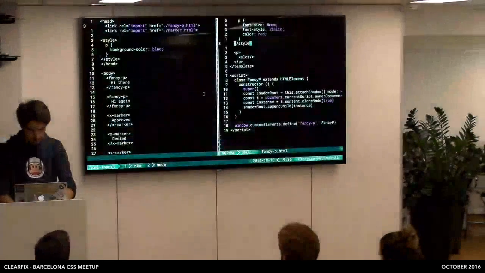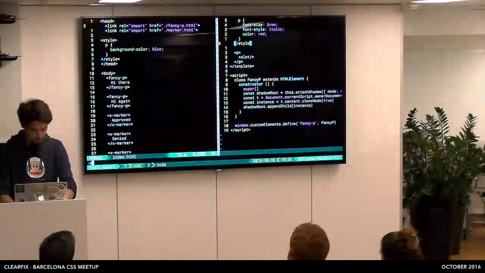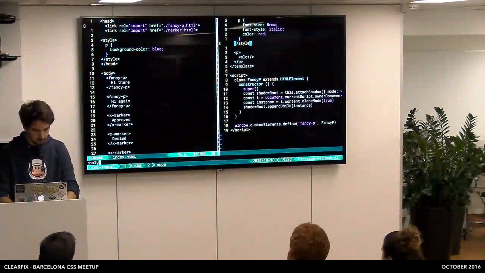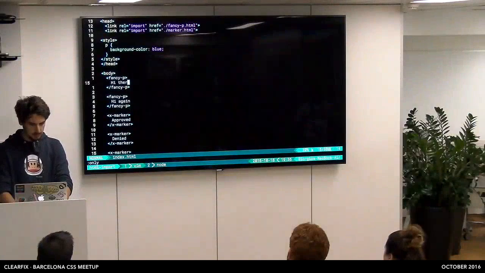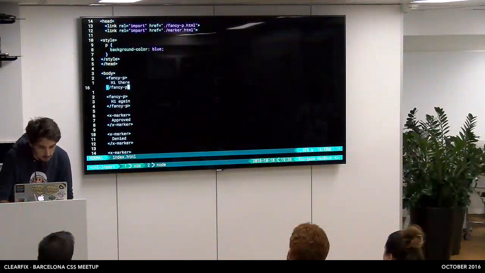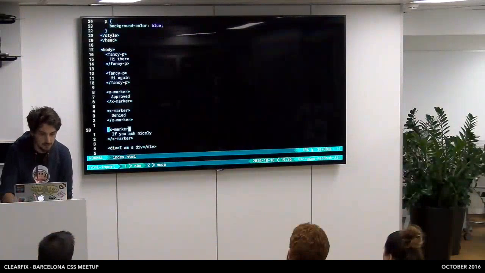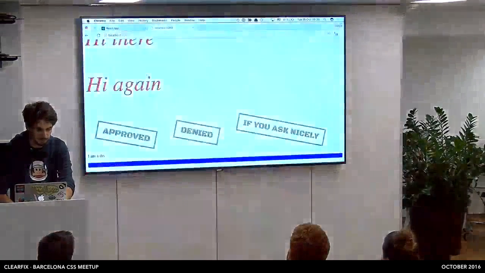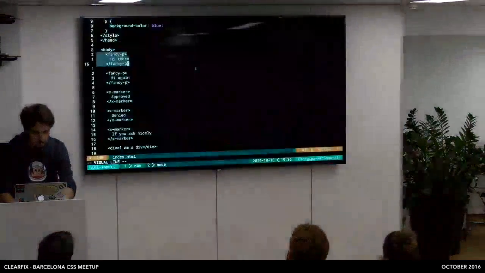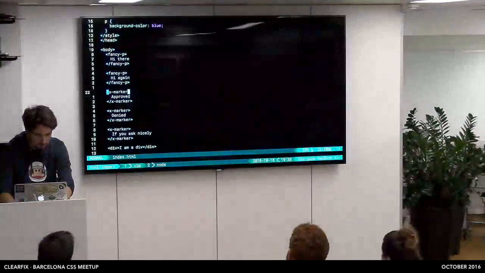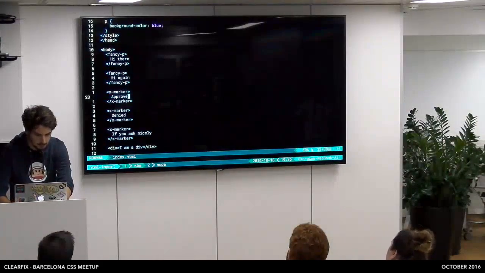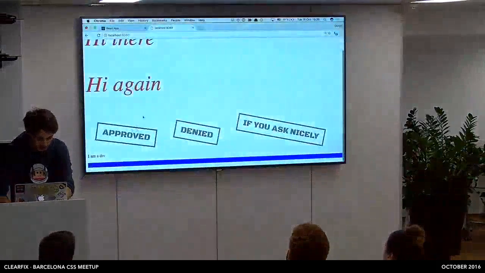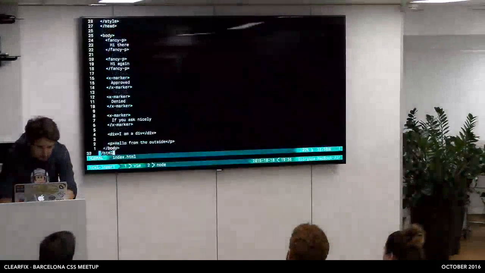So if we look at the page, it is just this. We are using a fancy paragraph element, which is this one, hi there, and we use it 2 times, and then we have an X marker element that is this one, and then I have my div at the bottom